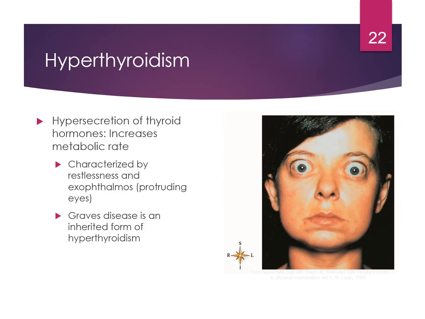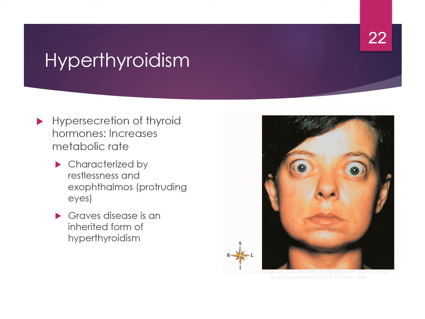So next we're going to talk about the differences between hyperthyroidism and hypothyroidism. Now with hyperthyroidism, this is an oversecretion of thyroid hormones, and what is happening here is that nutrients are being consumed by the cells at a really fast rate. So this is increasing the metabolic rate, and individuals that have